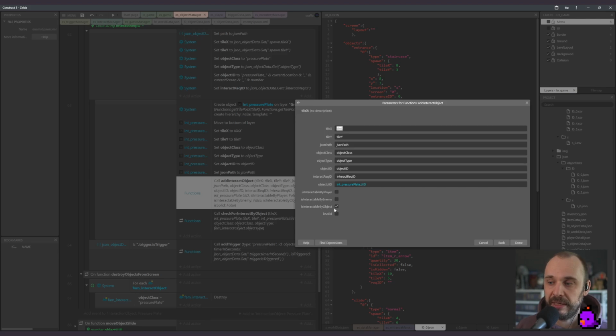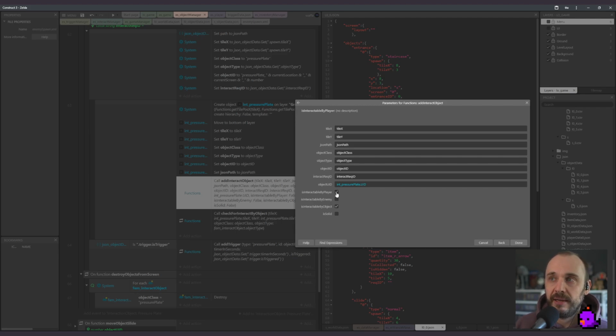Yes, this is breaking my brain. The pressure plate is interactable by an object because the slide block is an object. I, as a player, am not able to interact with it. I could maybe do that. I don't know if it works, but if I press this on, the way it should work, if I say, oh no, pressure plate is also interactable by the player,